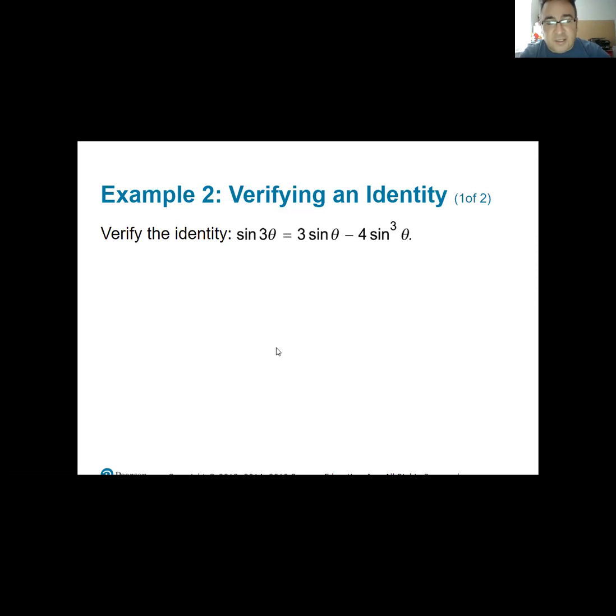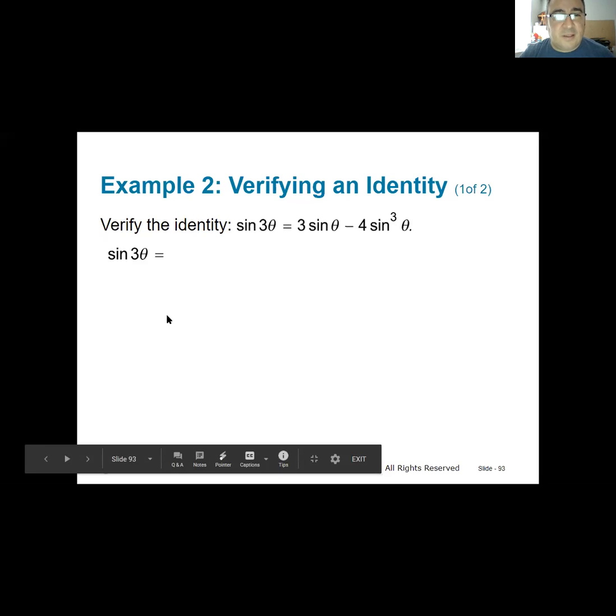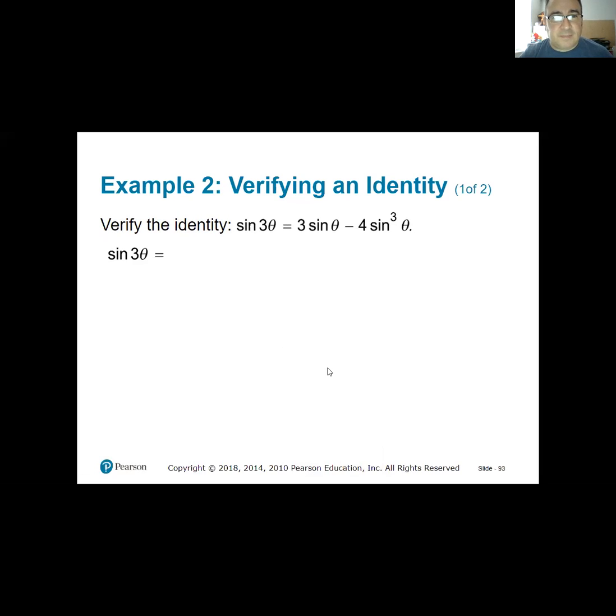The first step is the hardest one in this problem. After that, it's actually not too bad. So what is the first step here? Well, you have sine of 3 theta. I have no idea what to do with that, right? But I do know stuff about what? Sine of